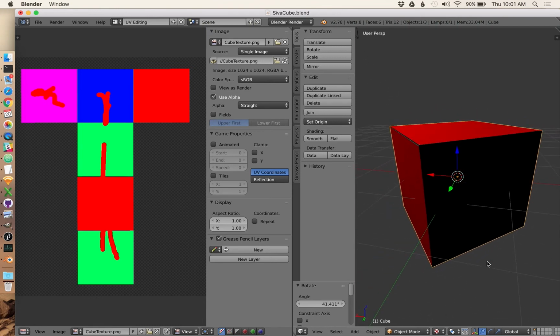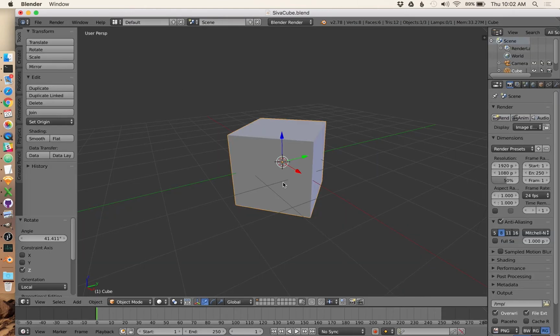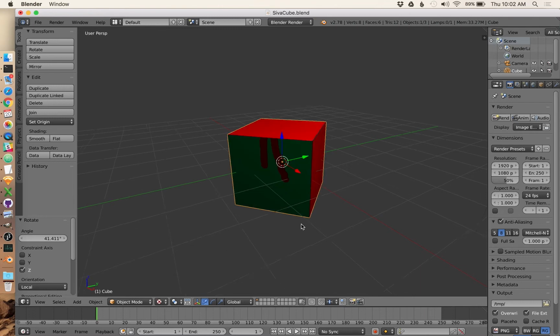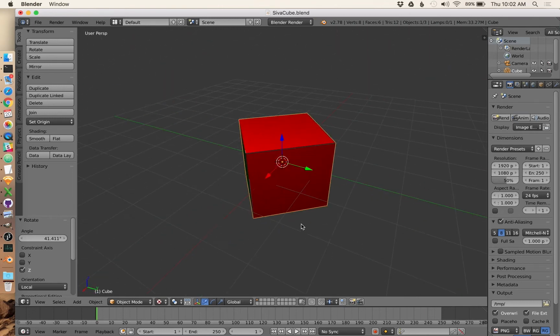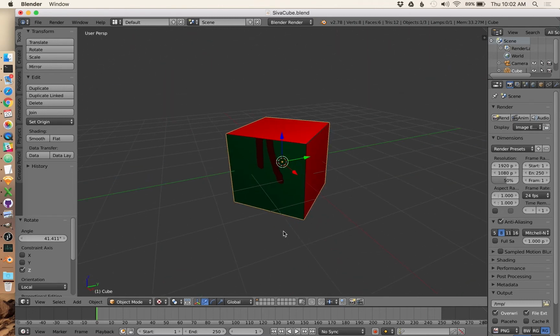Now, going back to regular viewing mode, it disappears. Let me tell this thing to use a texture. There it is. But it's not really textured, as in this is just a preview mode of the current UV file that we have open. If you want to create a texture, you need to have a material, and that material then has to have an incorporated texture. You do all that through the